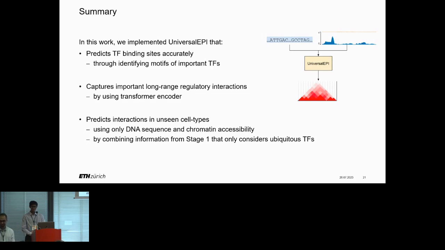I guess just related to this discussion, have you done an ablation study with and without the first stage? Because it's still possible that the second stage can learn other factors like SP1. So in that case, what happens is that the second stage becomes very specific to the cell type of interest, and therefore it's not generalizable to new cell types. So with stage 1, what we're trying to do is learn features that are ubiquitous across cell types, and that helps. I don't have the numbers, but yes.